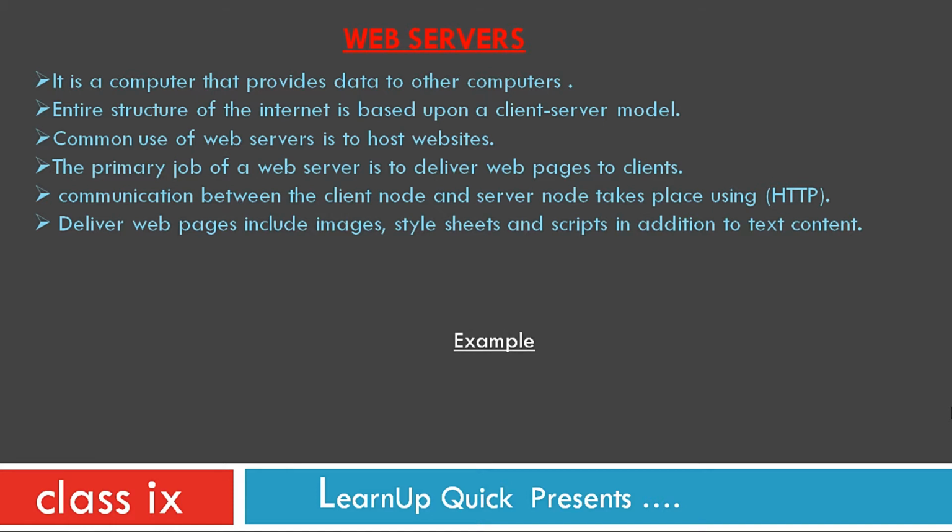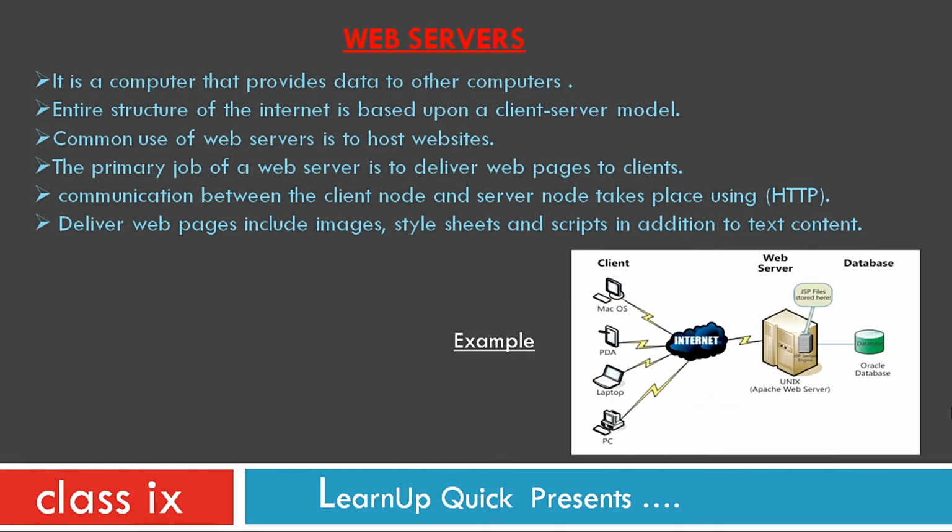We are going to learn this with the help of an example. So let's start. Here we have one web server, that is the Apache web server. This is a client, a PDA, laptop, or PC. If anyone wants information, they will open the Google search engine or any browser and type the information. Then the information will be requested from the server. It will take the information from the database and send it back to the client where the information is required.